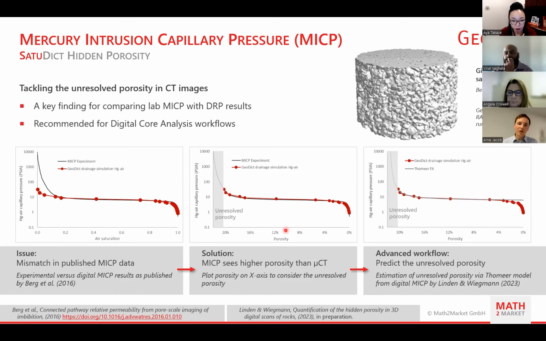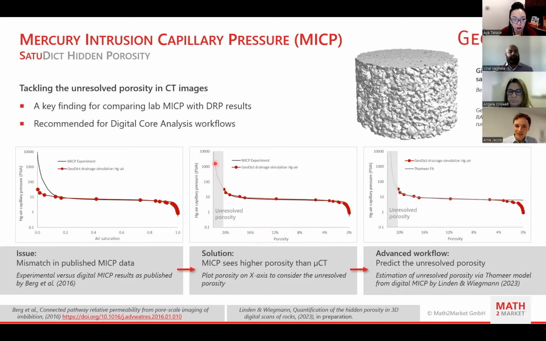If you now go for the porosity you can see, in that case we could see about 20% porosity in our software, but the MICP, of course, sees all the porosity that is there. And if you now put the porosity on the x-axis, you can see that the fit is very, very good, while the simulation does not cover that part of the unresolved porosity here,